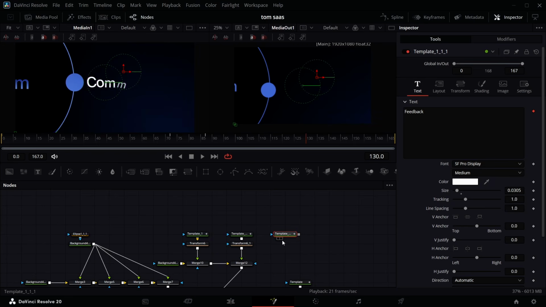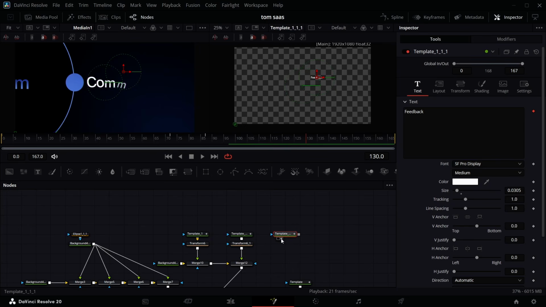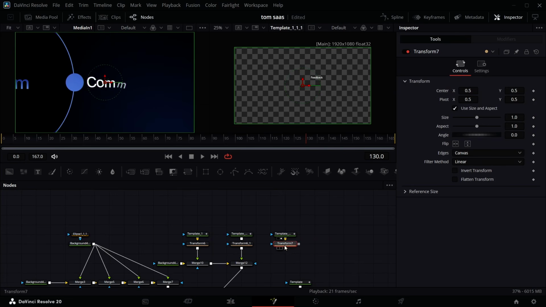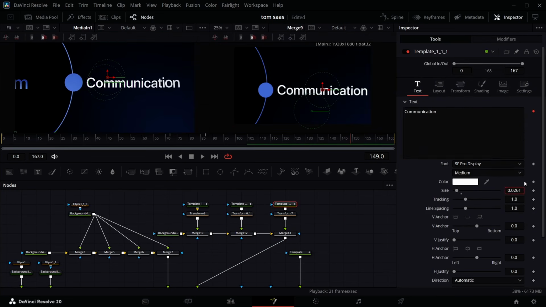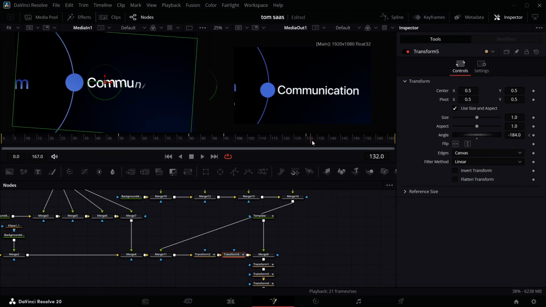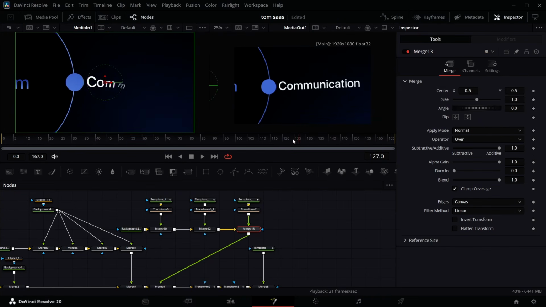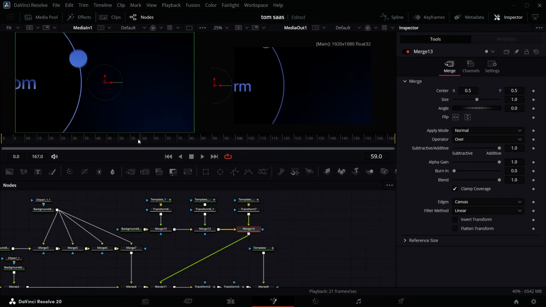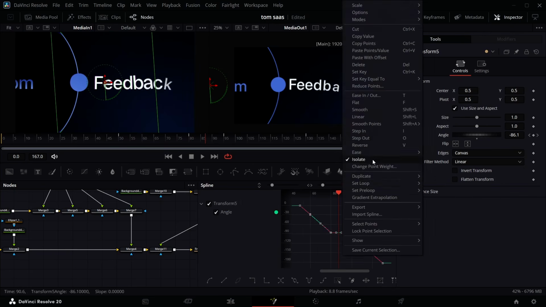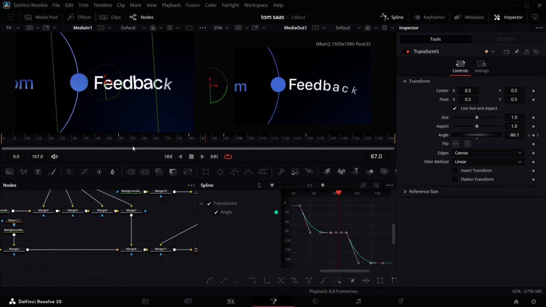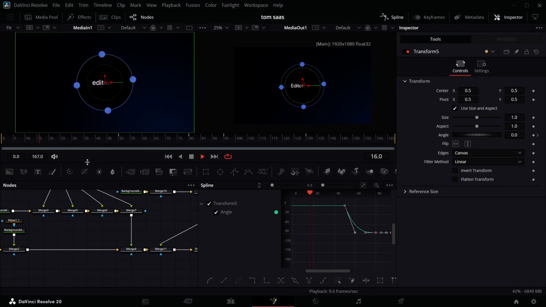So I'm just going to quickly do all of this and I will see you at the end. So let me get this one, add a transform node here. Yes, so that's the final one. So this is what we have. If you go back like this, come to this transform and go to spline, ease out cubic. You're going to ease out cubic so that if you play it now,